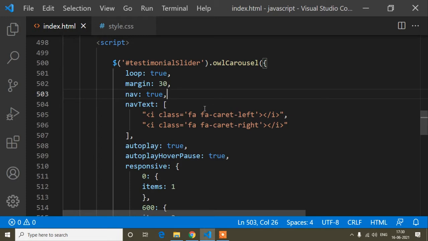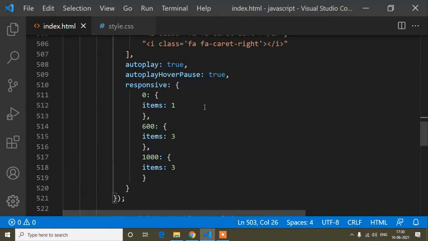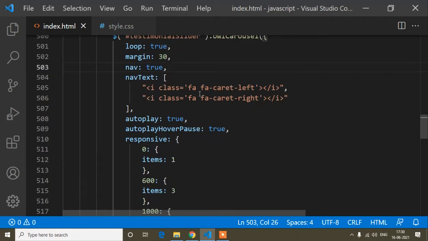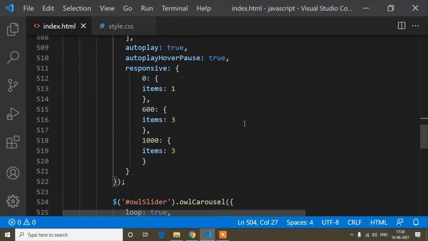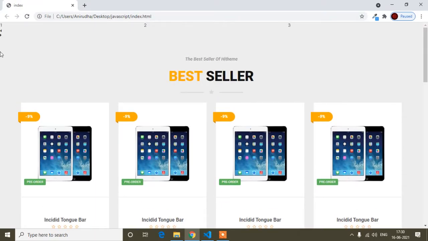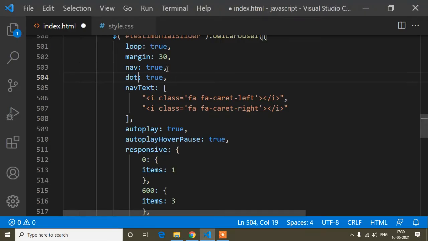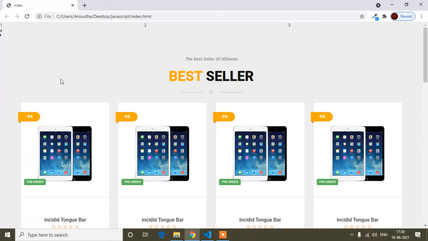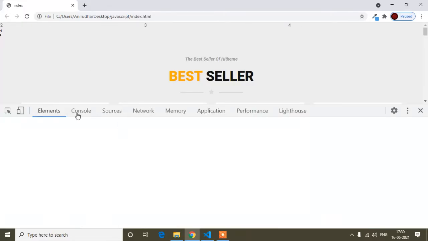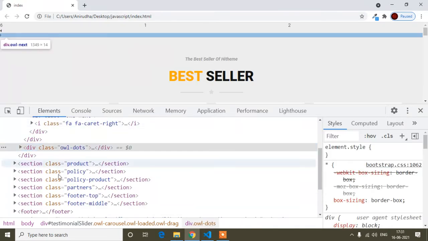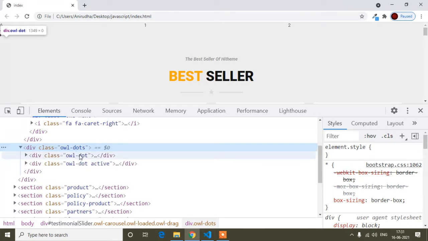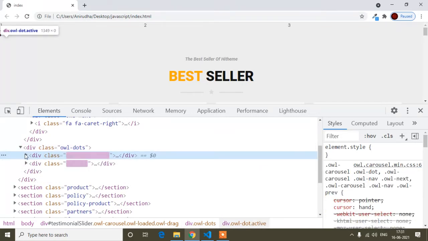And there are some other properties, like mouse drag true, touch drag true, some other properties of Owl Carousel. So dots true, like here if I write dots colon true, that means I will get the dots also. So if I write it, it's not coming actually, so maybe it's dots, not dot, maybe it's dots true. I just have to check why it's not coming. But if I write dots true, okay, so here is the dot, actually the color is not showing, so that's why it's not visible. So suppose if I write the dot color, then it will be visible.